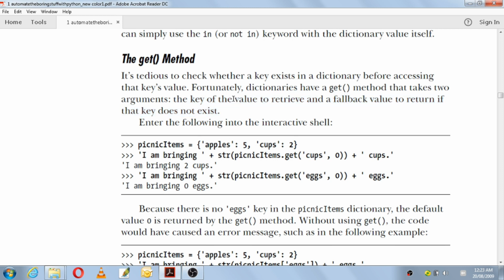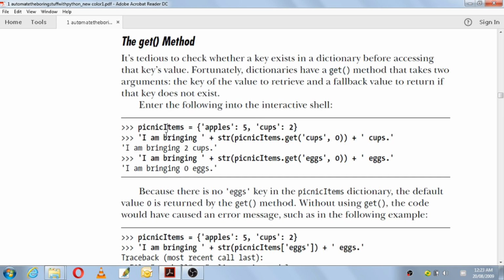The first argument is the key whose value you want from the dictionary, and the second is a fallback value. Fallback value means that if that particular key is not there, then you specify a particular value, and that value will be returned by this method. It will be more clear when we check the example.